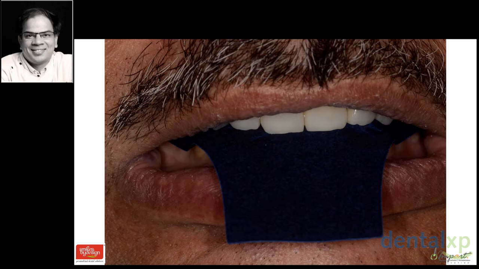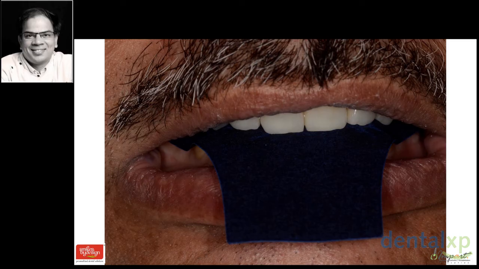These pathway adjustments are what will allow me to get the final contacts without any interferences, so that when the patient's brain wants to find the MIP, whatever interference is coming in that chewing pathway, with this adjustment I'm going to remove that. I'm not posturing the patient's mandible in protrusive and right and left lateral excursion to see if I've achieved canine guidance. I will have achieved it because the canines have now become longer and sharper than they were. So when they go in right and left lateral excursions, they will hit in the right places, and I will have a false sense of security that I am good with my occlusion.